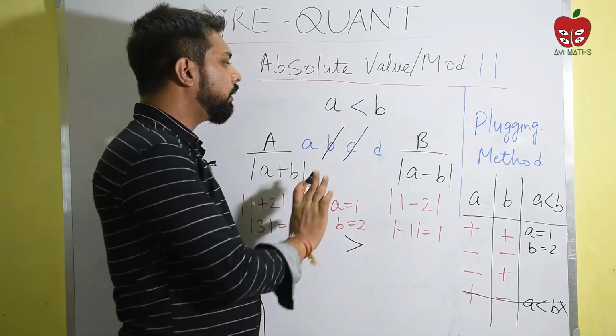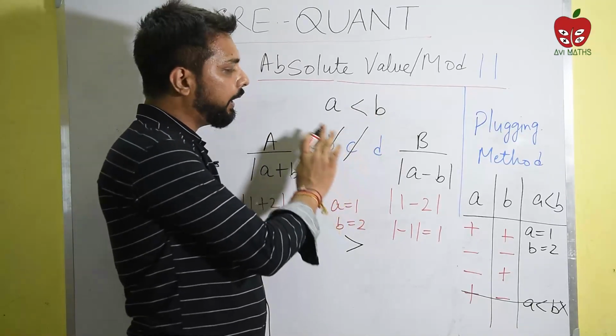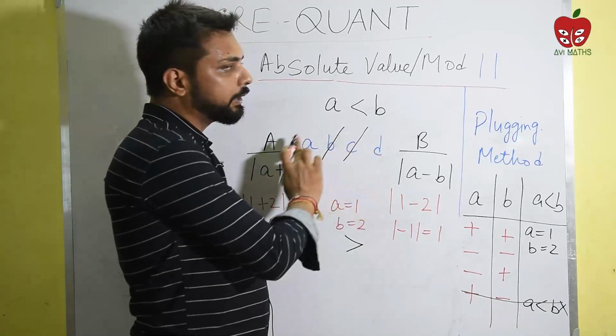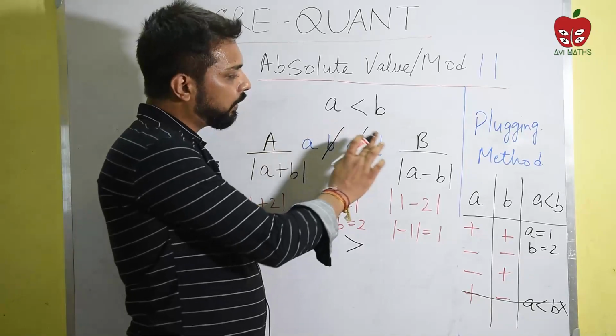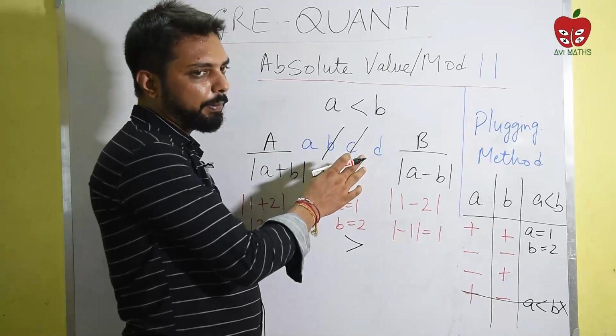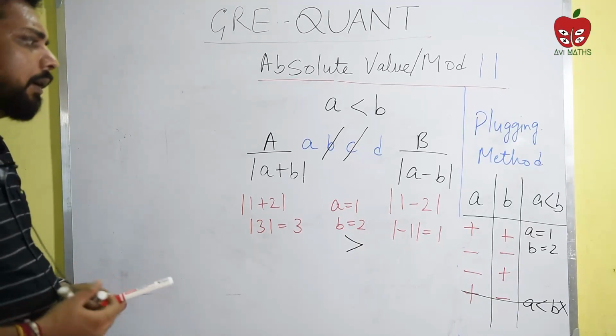Now, do not mark your answer as A, because you have not yet confirmed that A is the answer, because two options remain, right? So once we are able to remove one of the options out of A and D, then we can mark our answer. Fine, guys.